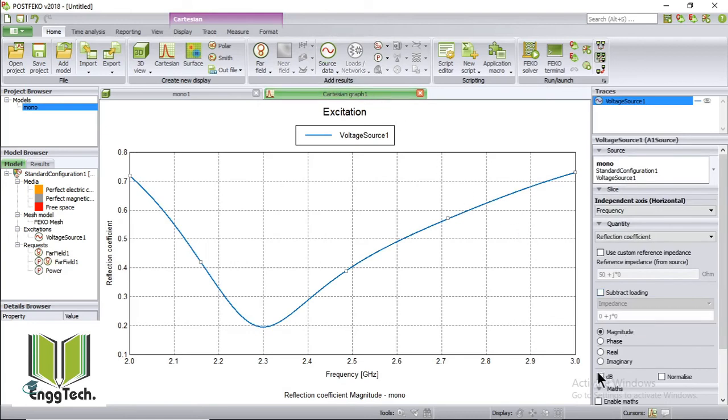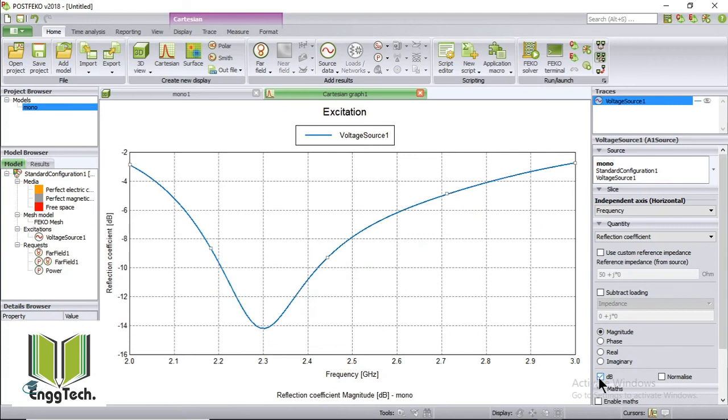Now let's view the return loss in dB. So click on dB and let's click on cursor to view the exact value at the 2.3 GHz. You can see it is operating good at 2.3 GHz. Return loss value is minus 14.2 dB.